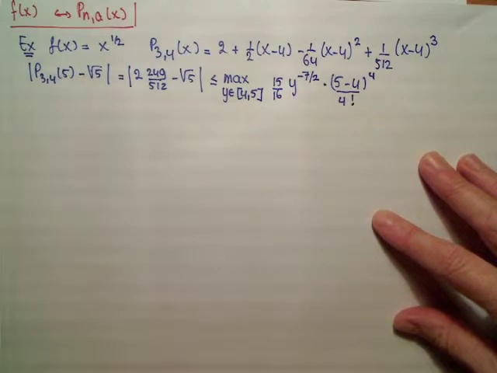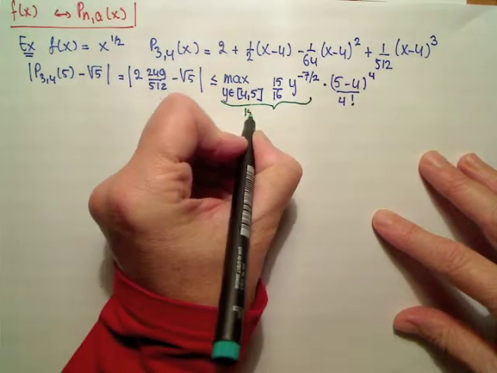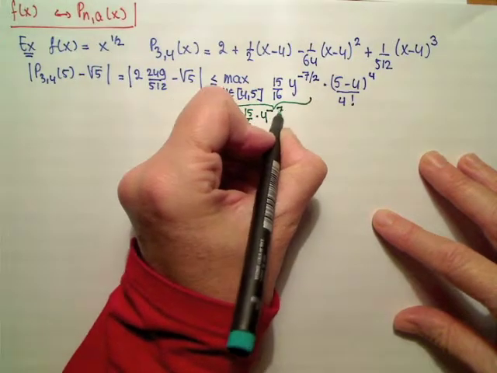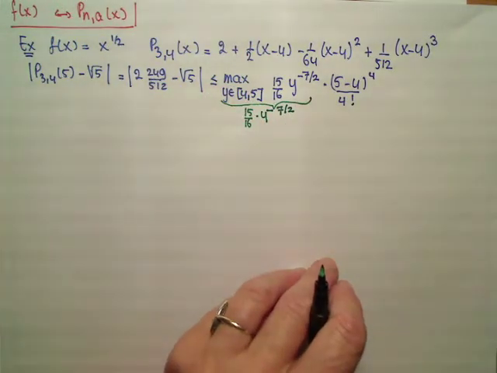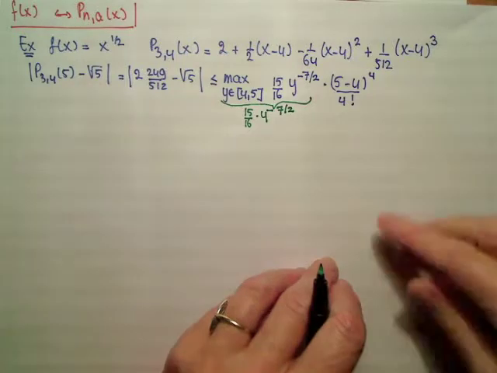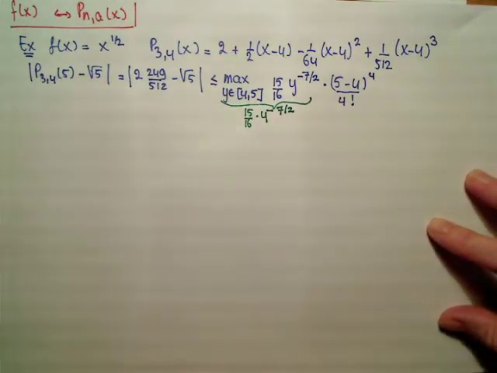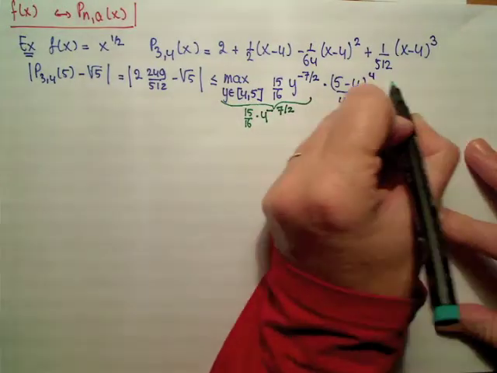So this maximum value is equal to 15 over 16 multiplied by 4 to the power minus 7 over 2. And if we calculate that one and multiply by 1 over 4 factorial, which is equal to 1 over 24, then we get,